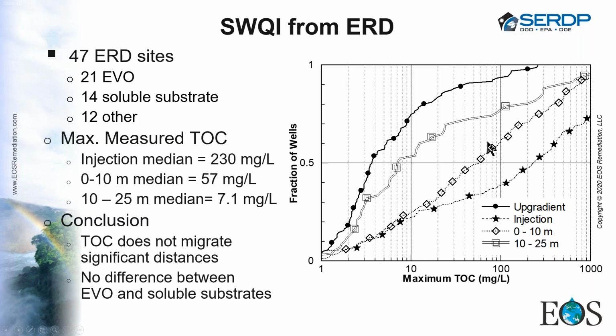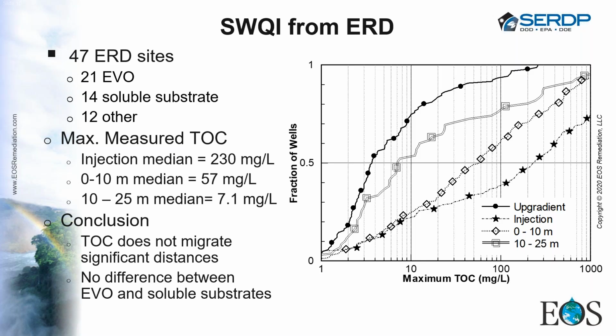What we're showing here is a cumulative frequency graph. On the bottom axis I've got maximum observed TOC concentration. We didn't use the average or individual measurements because, particularly with soluble substrates, you'd inject it in the ground, see a big spike in TOC, and then it would go down. The average really depends on when you monitor and whether you hit the right date. So we thought the best thing was to look at the maximum TOC that was ever